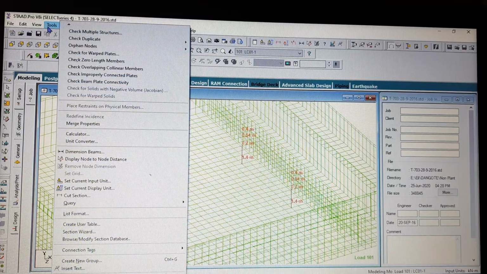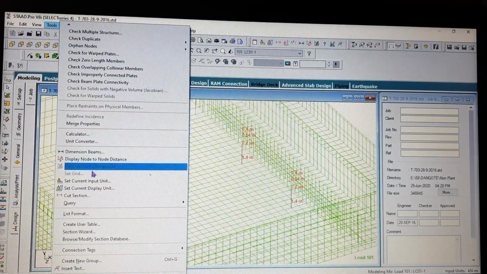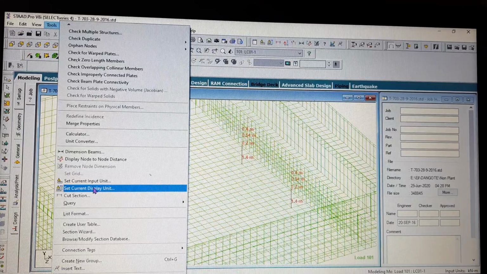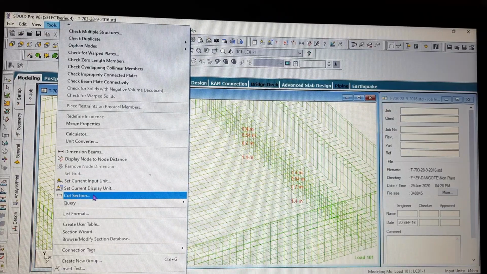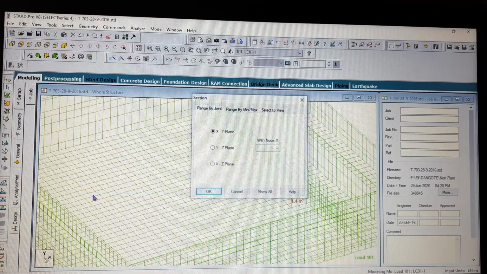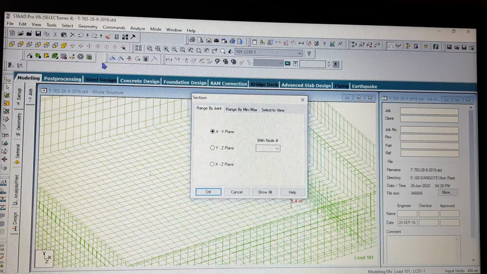So let's go to the next tutorial, that is your next functionality, the cut section button. This is a functionality you must understand: in real-time modeling, you need to view lots of things about the structure.